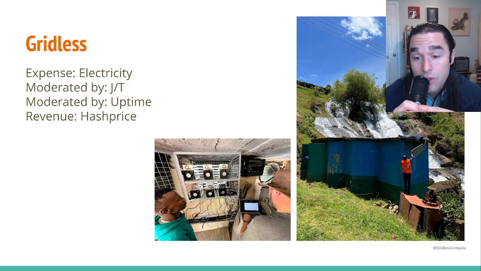Now, you can also see here that they are not using the top-of-the-line most efficient machine. Does that mean their business is going to fail and it's going to fall apart? No, absolutely not. They are in very rural communities where they are able to negotiate extremely low electricity rates. So by dropping the input cost, that expense of their electricity, they can trade off on the efficiency of their